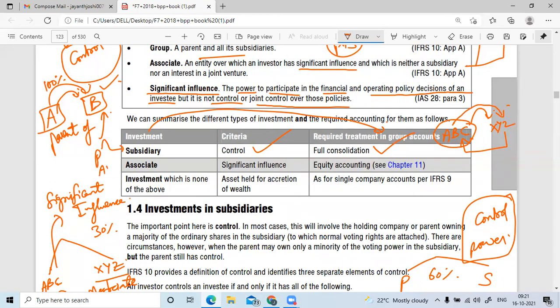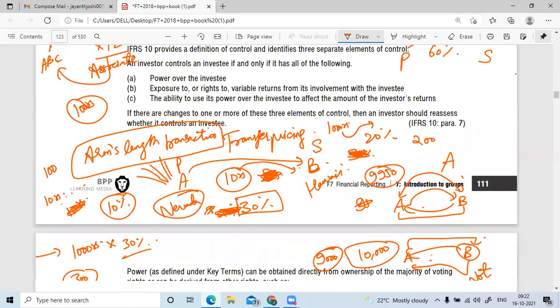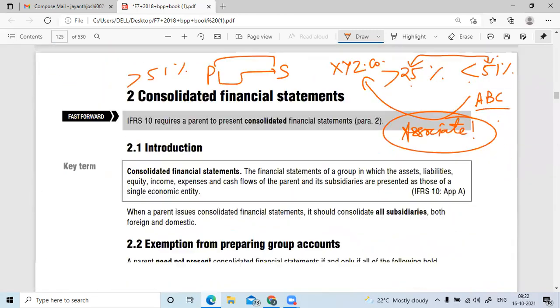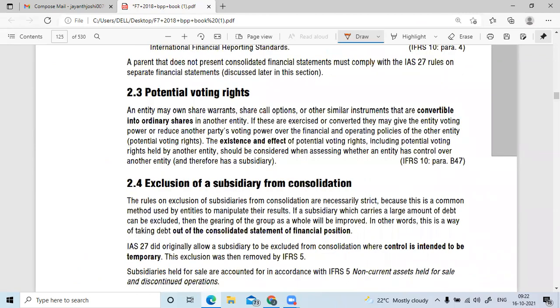When ABC has invested 30% in XYZ, XYZ will be called an associate of ABC, and ABC has significant influence over XYZ. And what will be the accounting here? Equity accounting. What do you mean by equity accounting now? Any one of you? So main owners of the